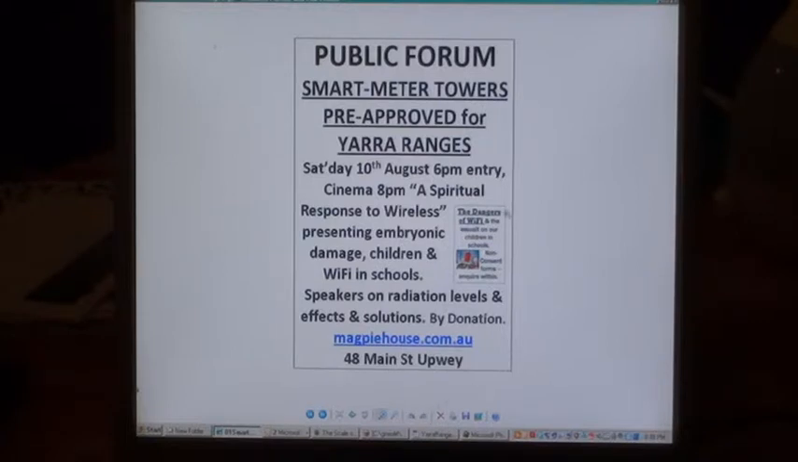Okay, here we have the poster for the public forum we ran a couple of weeks ago about smart meter towers in the Shire of Yarra Ranges. Many of these towers are already up, and so we're going to talk about some of the effects. Now let's go